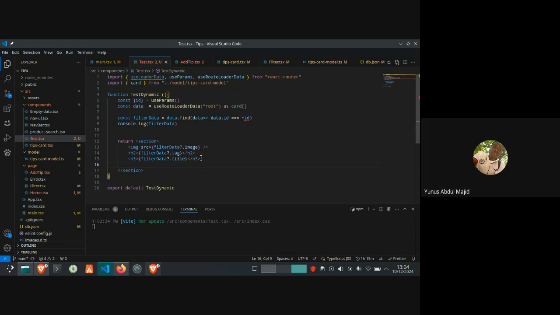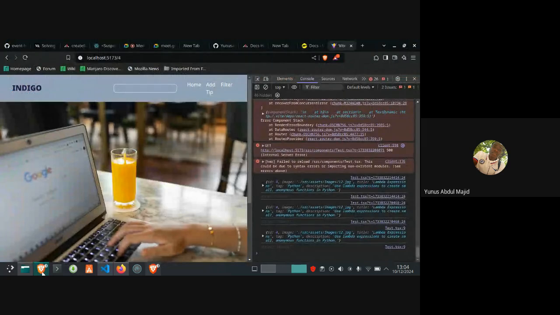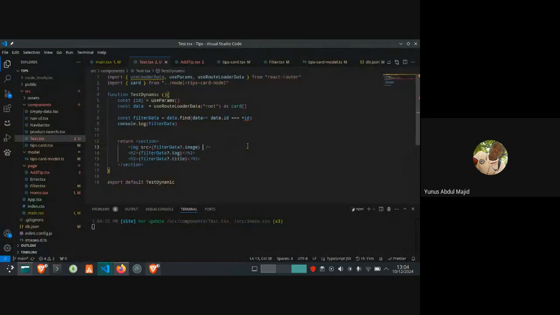So let me show you. Let's see what this does first. Let me style this class, width of 20.